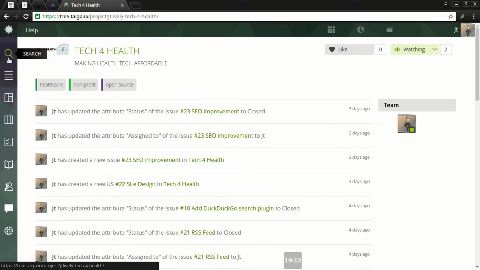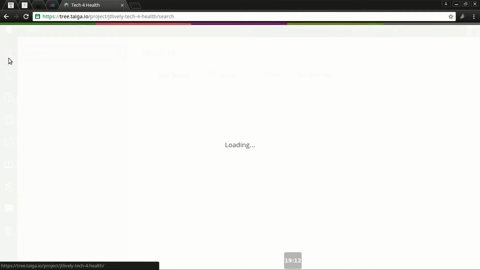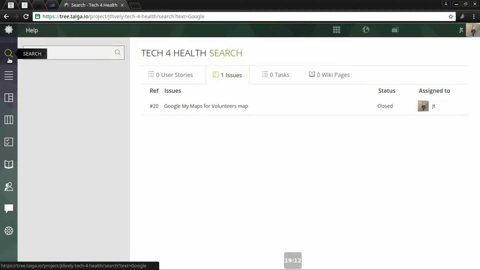This first one is simply a search. So I can click it and I can type in Google. And it will show me user stories, issues, tasks, wiki pages. Got 1 issue, making a Google My Maps. See the status is closed, it's been done. I assigned it to myself. Now,